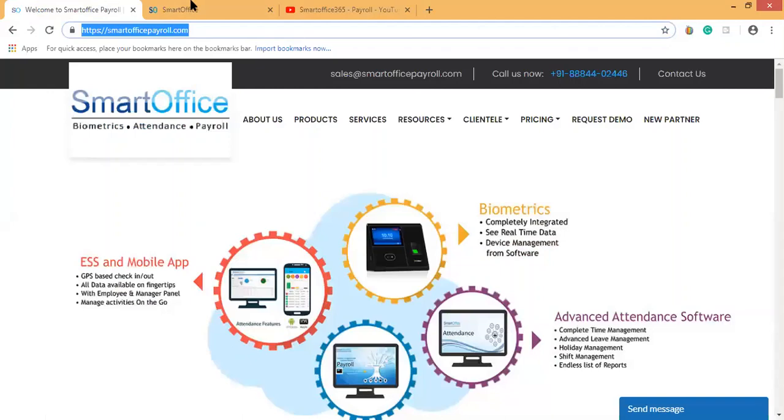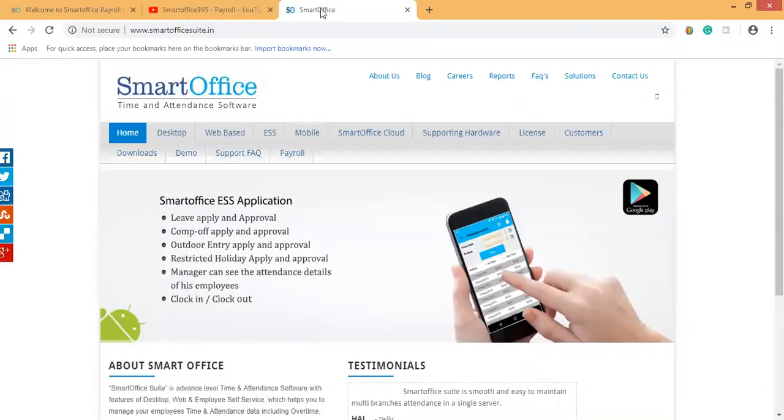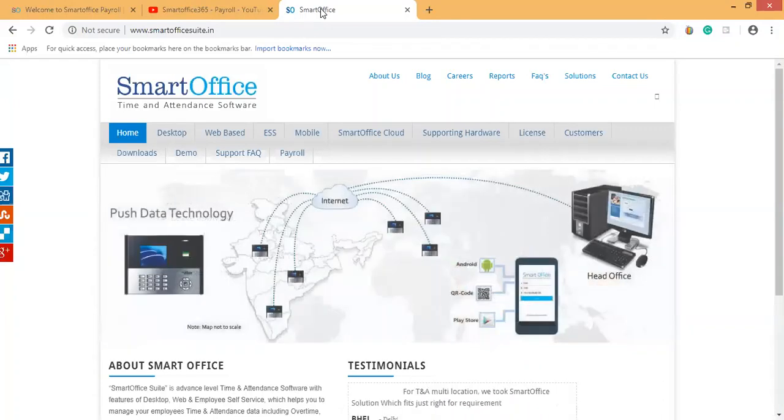So let's quickly move on to today's topic, that is how to make use of this channel partner login, and what features are available with us.